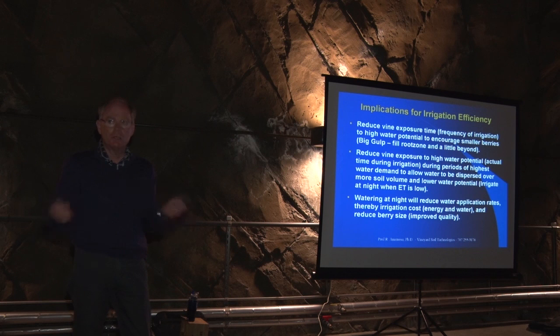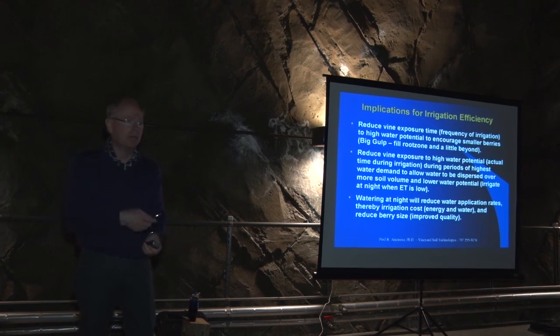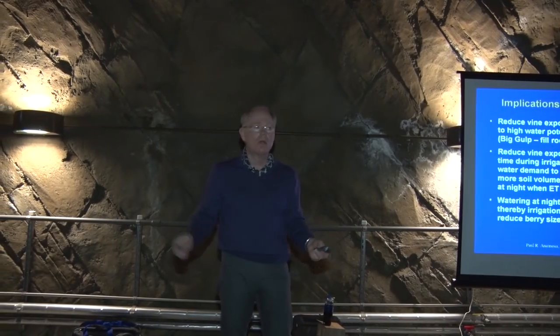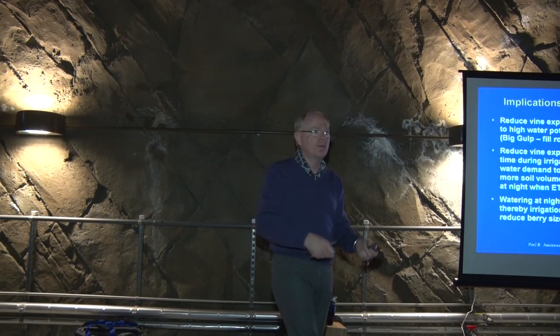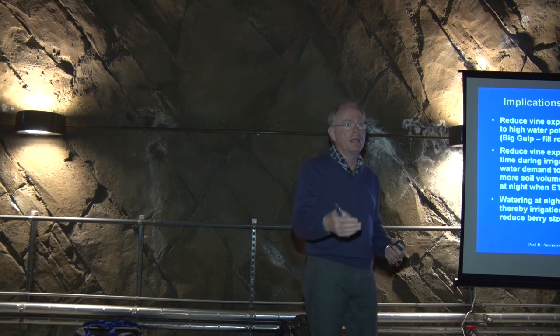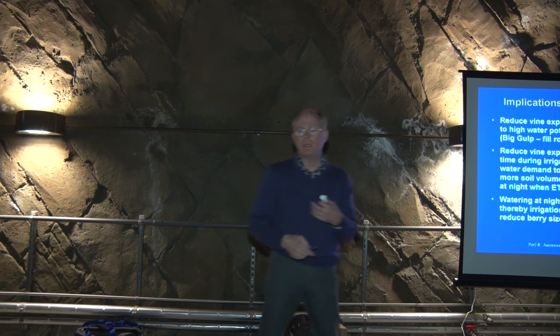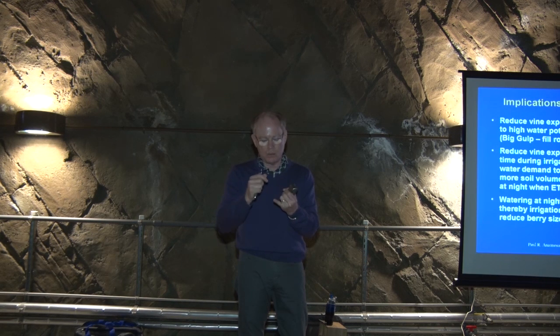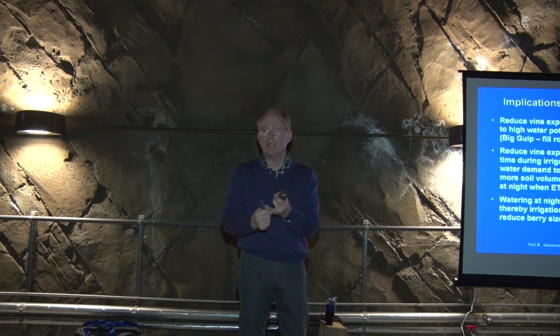So unfortunately, if you're a vineyard operator, your guys will start showing up at 6 o'clock in the morning and everybody's gone by 3:30 or 4. So unless you have an irrigator that's willing to be a night owl, out there turning valves on and off from 6 o'clock at night until midnight in the dark, it seems to be somewhat unreasonable to do it this way. But it will save you in water, energy, and it'll end up giving you a smaller berry size,